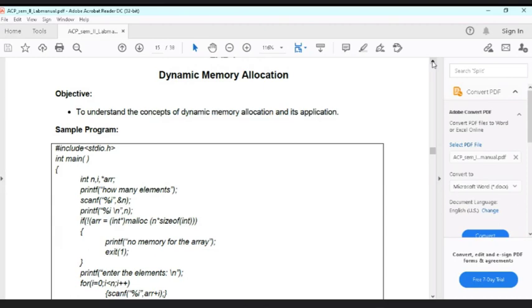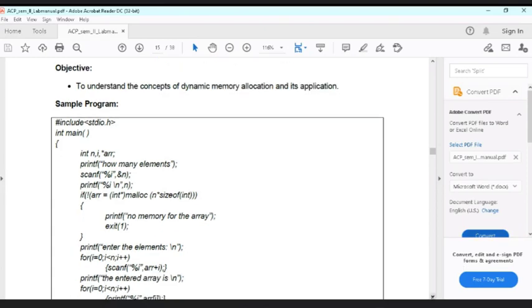So here we are having an example where this dynamic memory allocation is used for defining the space for an integer array, and then the integer array is scanned, its value is asked from the user, and then again the same array is printed on the output screen, right?